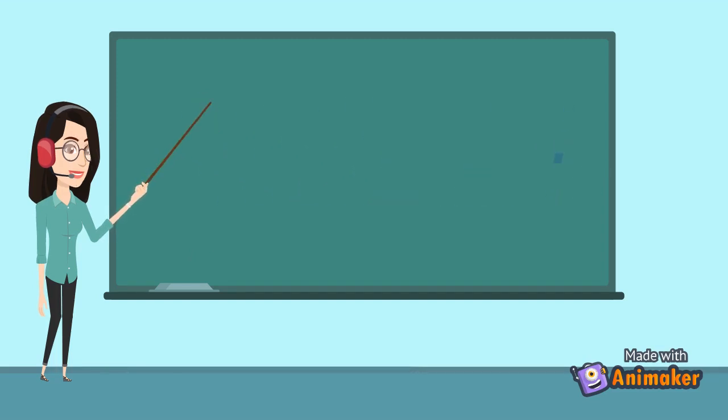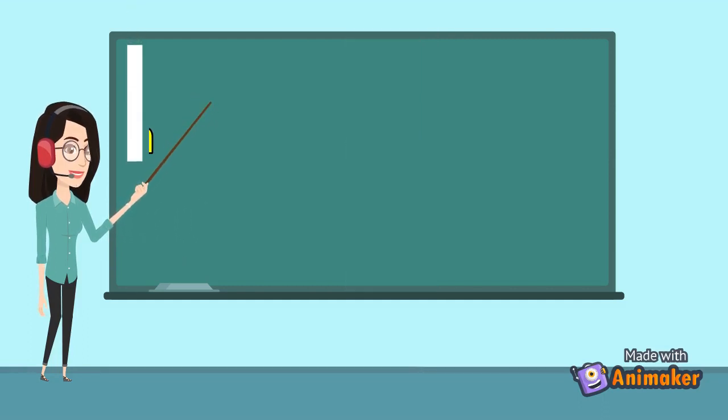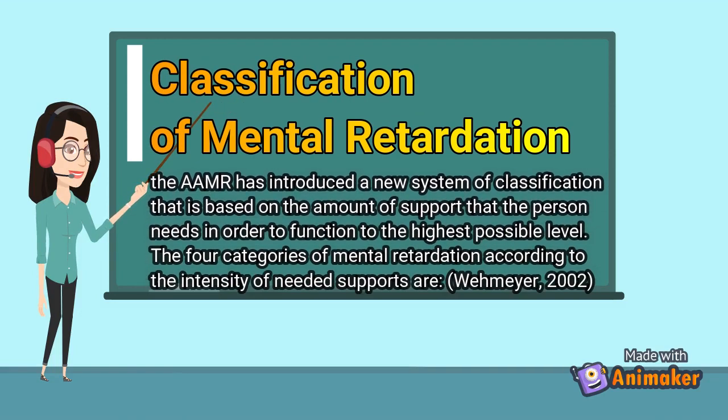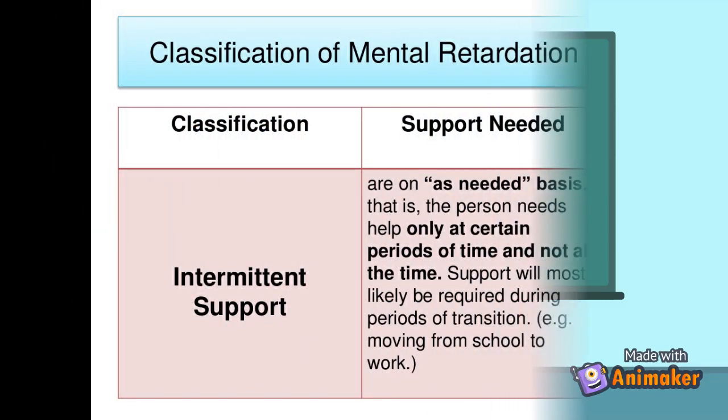The American Association on Mental Retardation has introduced a new system of classification that is based on the amount of support that a person needs in order to function to the highest possible level. The four categories of mental retardation, according to the intensity of needed supports, are: number one, intermittent supports,